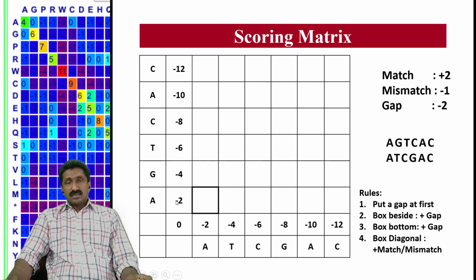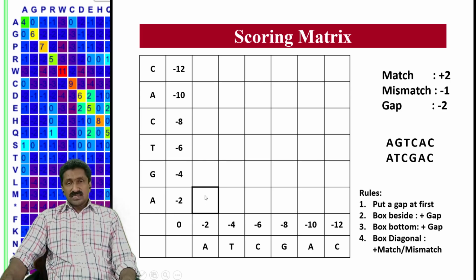So for example, if you are moving from this cell to this cell, you have to add the gap value of -2. And here also, if you are moving on this side, you have to add the gap value of -2. That's how these sequences were arranged with the initial score values. And if you are moving diagonally, for example from this cell to this cell, that will be treated as a match or mismatch, and will be assigned a value of +2 or -1. We will see that in the next slide.